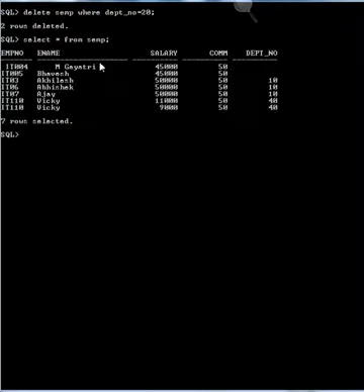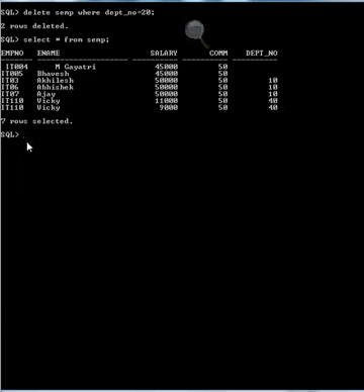Here two rows have been deleted. To see the values, select star from ACMP. We can see that the two rows have been deleted. So delete ACMP where department number equals 20 deleted those particular rows.